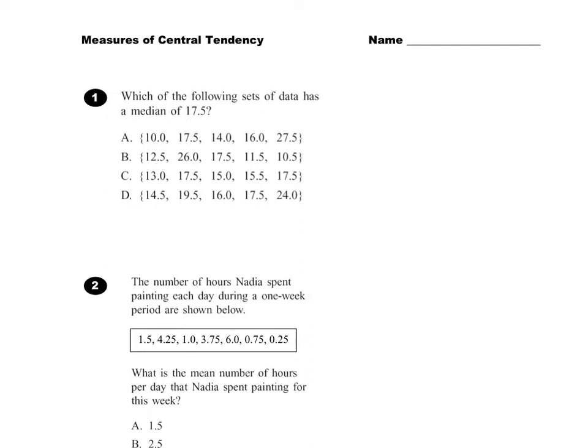Problem number 1, which of the following sets of data has a median of 17.5? Remember, the median just represents the middle number. And you can go about doing this question in one of two ways. Either A, you can enter in all 4 data sets into lists on your calculator and have your calculator find the median. Or what I think is probably better, because it'll take less time, is, for example, look at letter